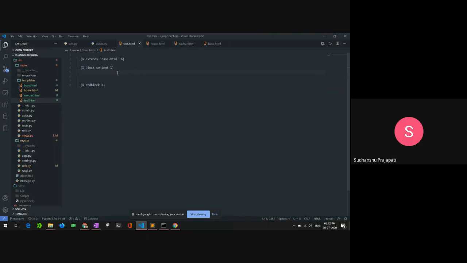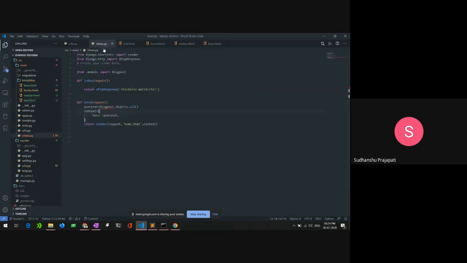Inside the block content, you can type whatever you want to show. I will write here, my template is working, and I will go into my views to give it the path and then the context, or whatever we wanted to be rendered with the test.html.